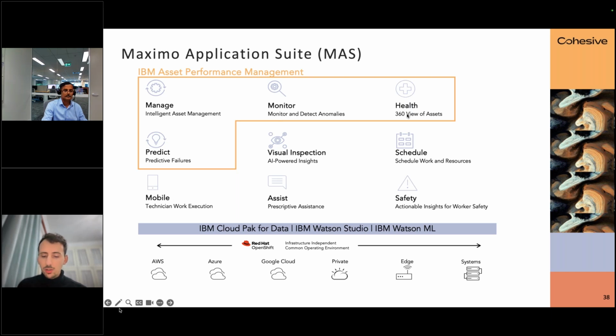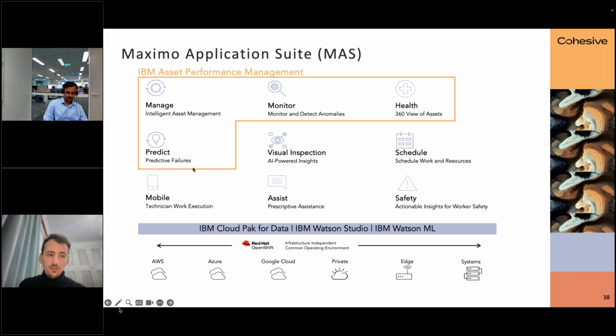Health, similar to what Tony mentioned on the CBR, the condition-based risk management. In health, we can also have a 360 view of our assets, consolidating all that into very simple views that then allows you to trigger off work orders based off of the existing health of an asset. And that health can be informed both by the retrospective data that we can capture and store and manage, such as your condition assessments. It can also consist of live streaming data coming from those assets, either IoT that you explicitly define onto the actual piece of equipment, or from OT data streams that we can then pull from OSIsoft PI or any data historian that you may particularly have.